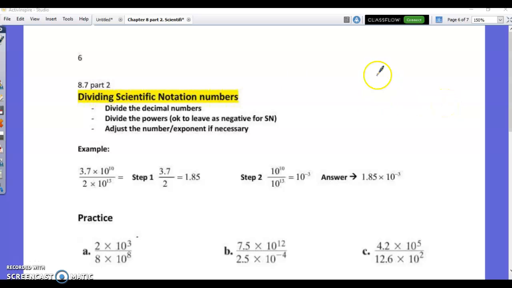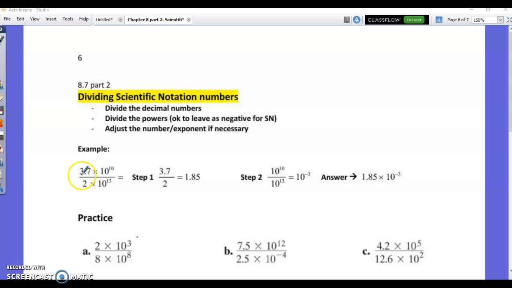All right, part 2, 8.7, dividing scientific notation numbers. Okay, the same exponent rules as if we divided exponents, when we subtract, and similar to the multiplying of scientific notations, we're just going to divide the two numbers. So if you look at what we do, divide the numbers together, or the whole numbers, so 3.7 and 2